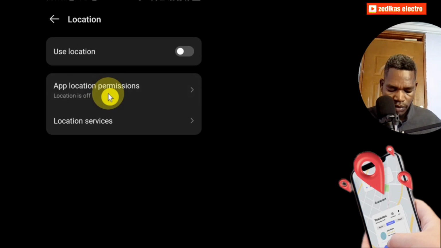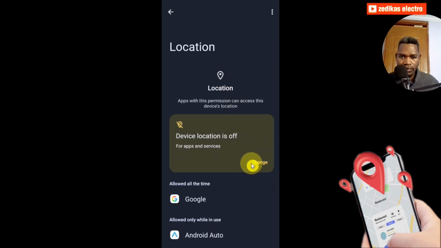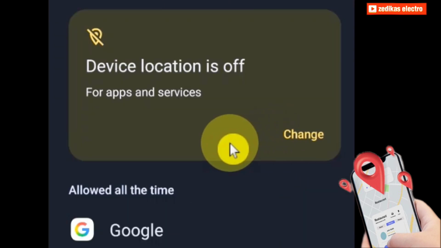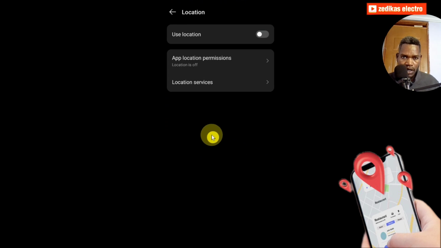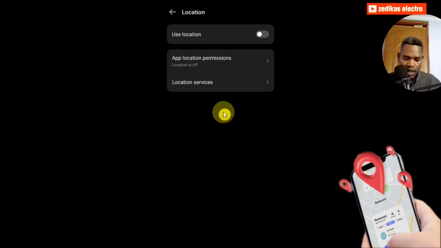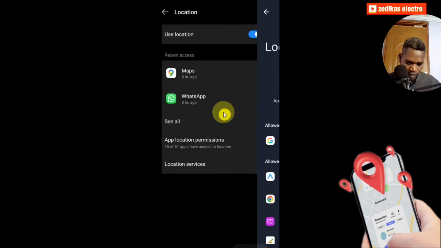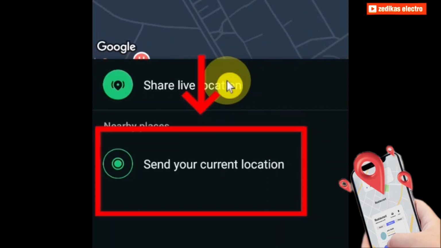And then, what you have to do is, here the device location is turned off. So first of all, you have to turn on the device location. So click on change here. Alright, so it asks you to give permission, use location. This is a permission that asks you to turn on the current device location. So open the location, so use location again, go back, and then you see the location icon is already activated,